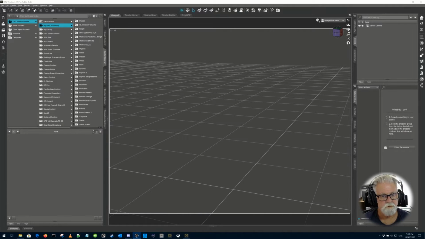Now, today I'm going to be talking about and showing you how to add Poser runtimes and their content to the DAZ Studio content library, because it's quite a different structure, and if you're just a DAZ Studio user, or that's all you use and you've never used Poser, you probably have never come across